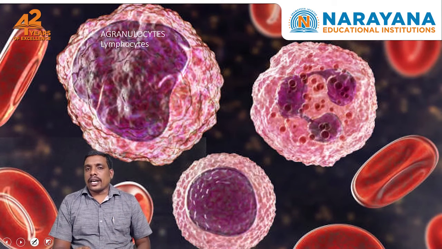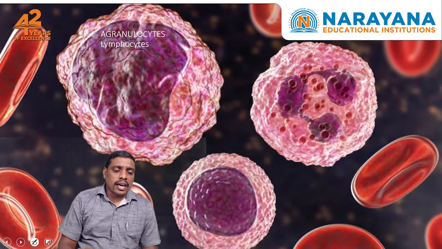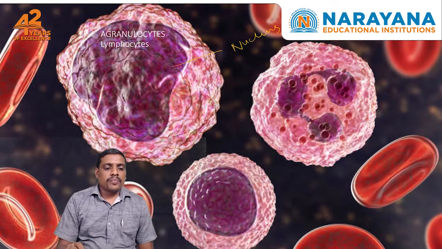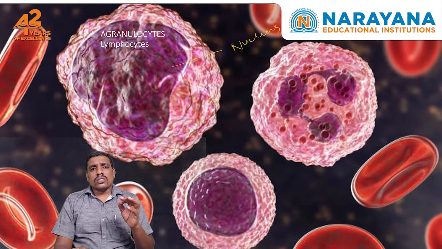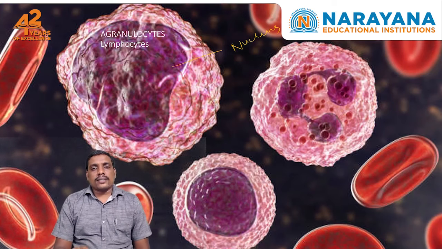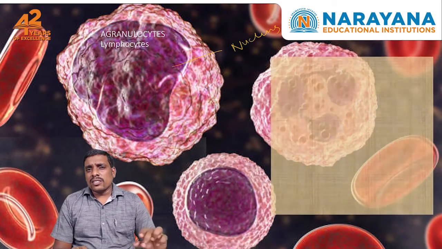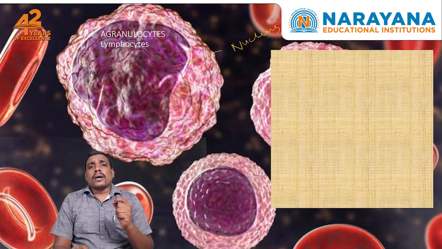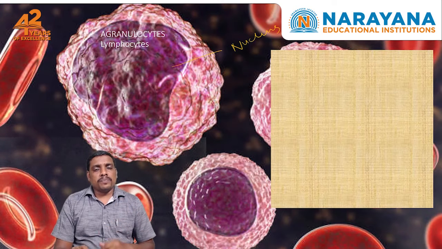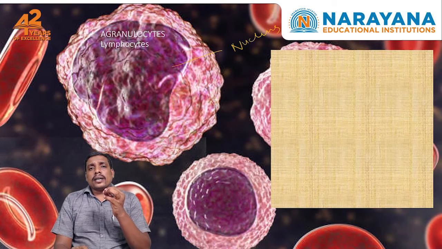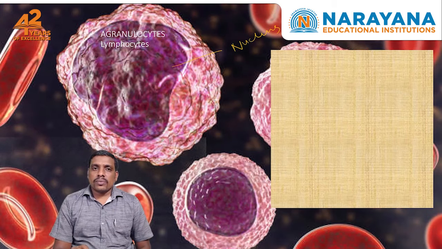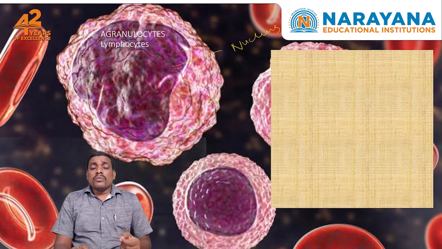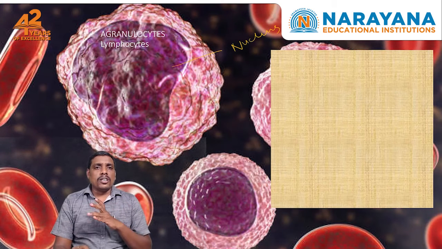Now, the second type of agranulocytes are lymphocytes. Lymphocytes, as you can see there, have a large spherical nucleus. Lymphocytes have the largest nucleus among other leukocytes. Now, what are lymphocytes? How are they performing their functions in our body? Lymphocytes are activated by a hormone, namely thymosin. Thymosin is a hormone released by the thymus gland, which is located on the heart. The thymosin hormone stimulates these cells. Now, the lymphocytes are of two types, T lymphocytes and B lymphocytes.